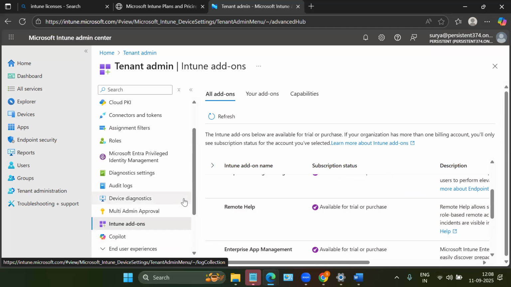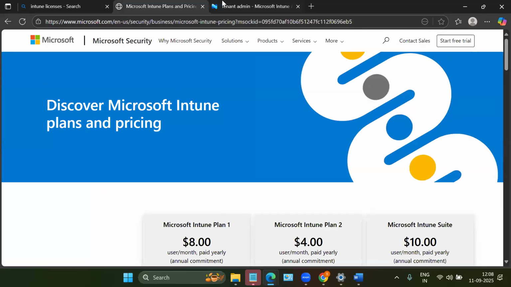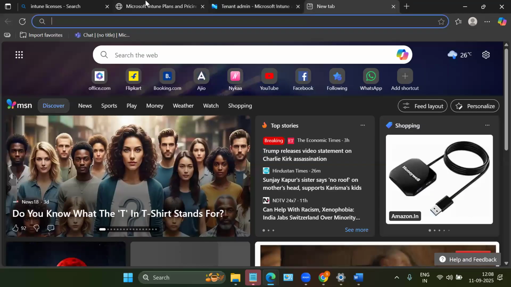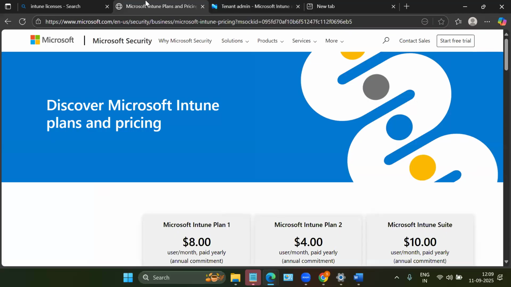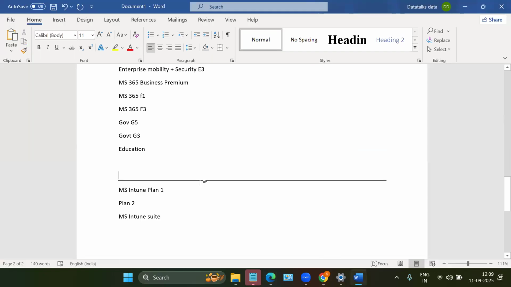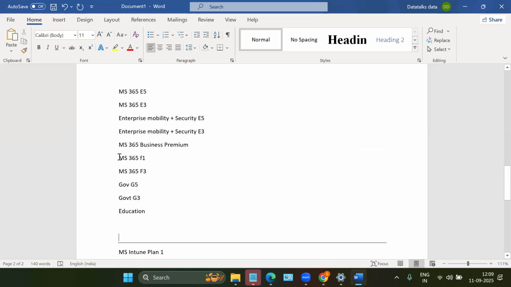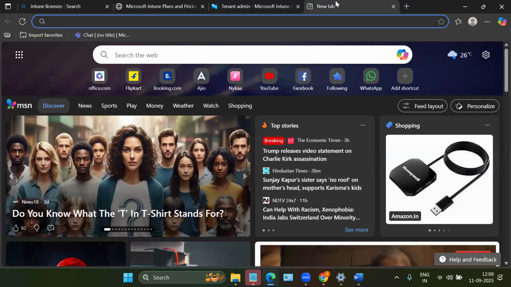Okay, guys, let me tell you, you are an IT Intune administrator, and you are confused about which licenses your company needs. For a given task, you have to know what license you need. Suppose I purchase an F1 license, and I don't know what will come after I purchase it. So you have a doubt. For that we have a website, guys, which is